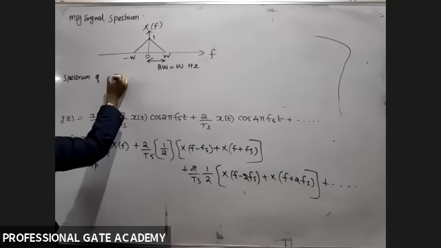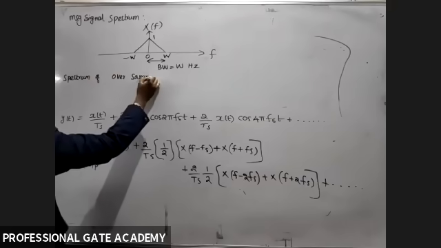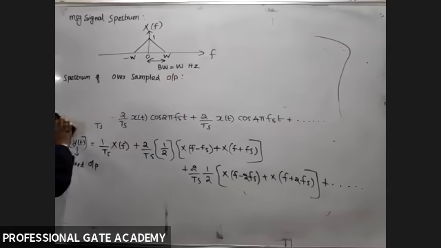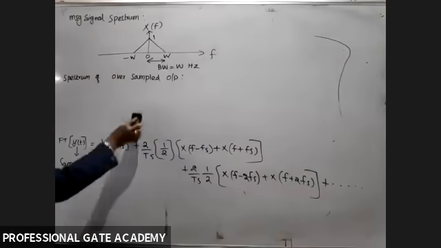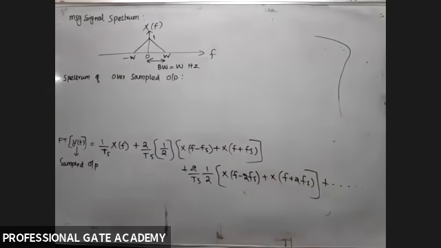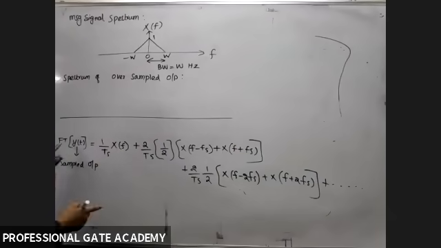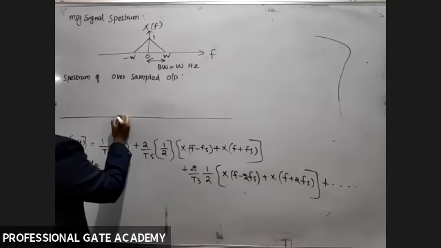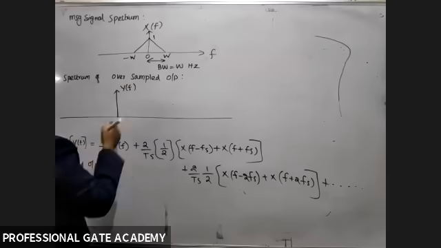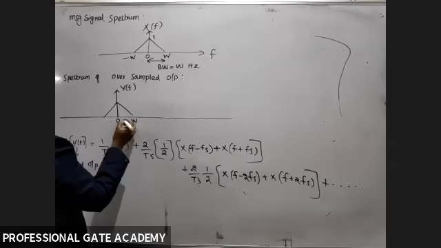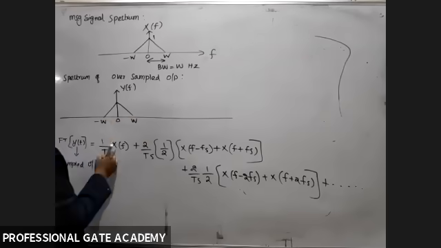Next, the spectrum of this oversampled output. Taking the spectrum of the oversampled output. See, now what is the first term, students? This is the Fourier transform of the sampled output. Now the first term is X of f. So now we have to draw for Y of f, the Fourier transform of small y of t, capital Y of f. So the first term is X of f only, 0, W, minus W.